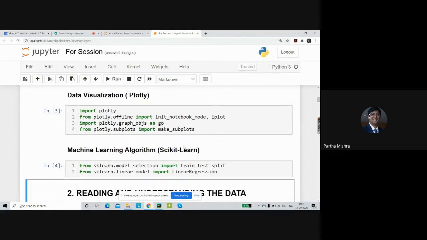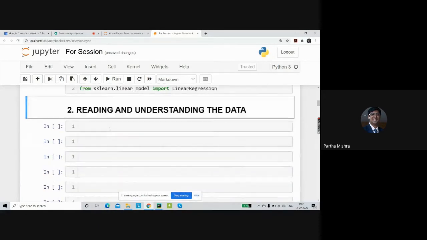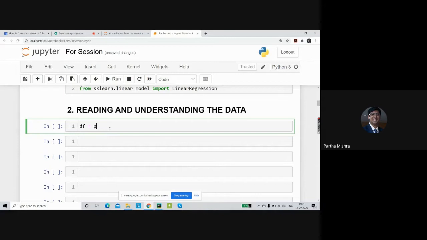So all the imports are complete. Now we can actually start working on the data. I'll be defining the data in short as DF, so that way we won't have to type much. Here we'll be writing PD, that is from pandas, and taking read underscore CSV.